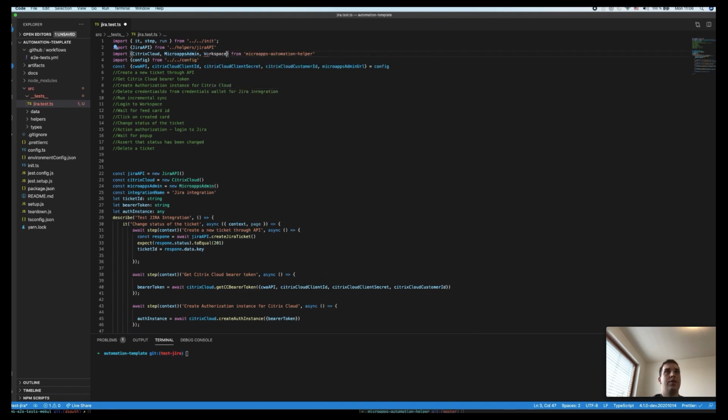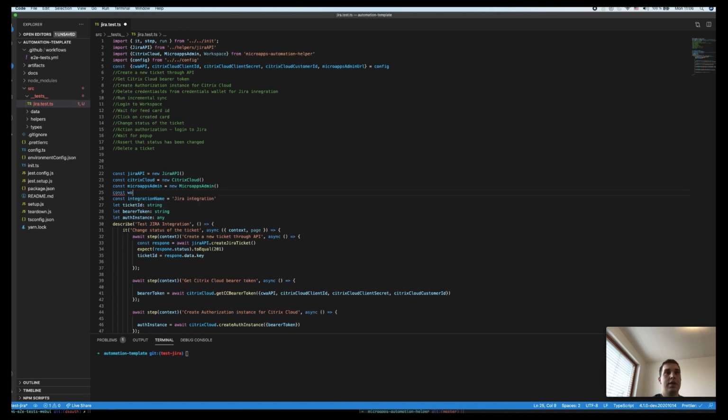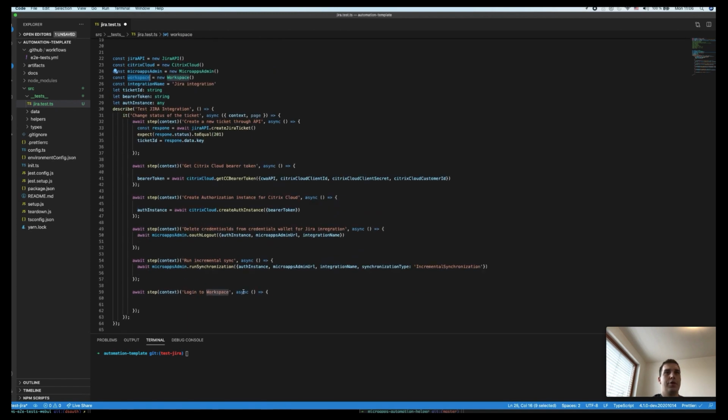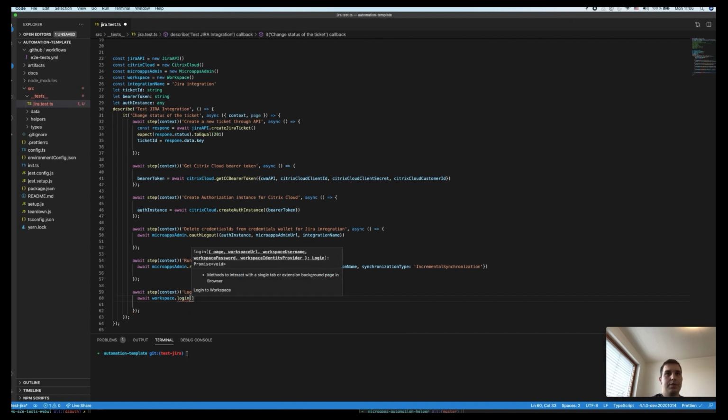It's workspace class. And again, we need to make initialization of our class, and now we have access for the methods of workspace class. In this case, we are looking for login method,